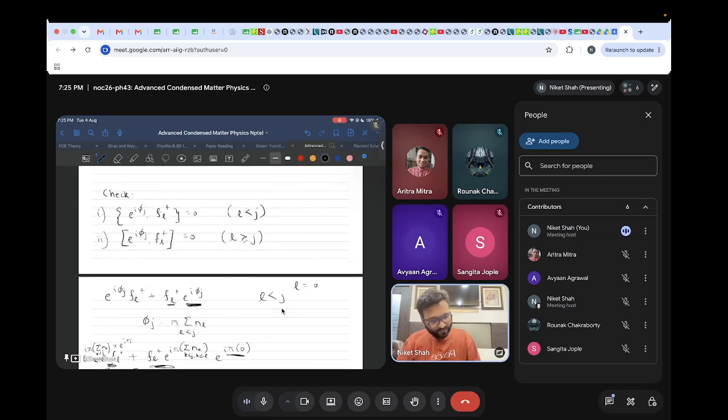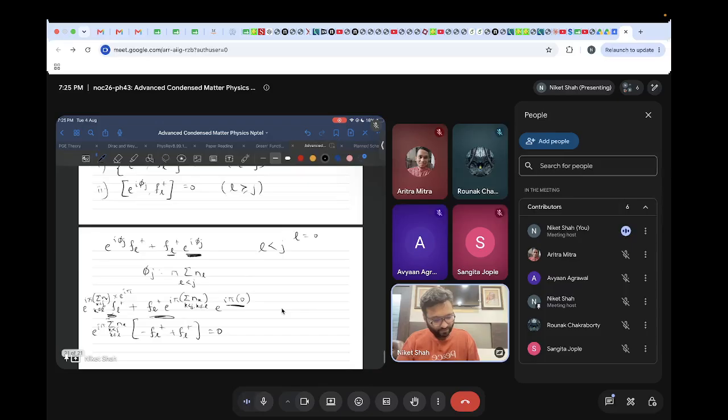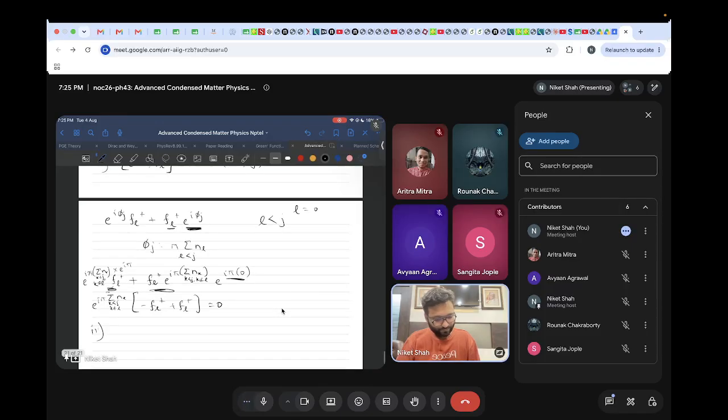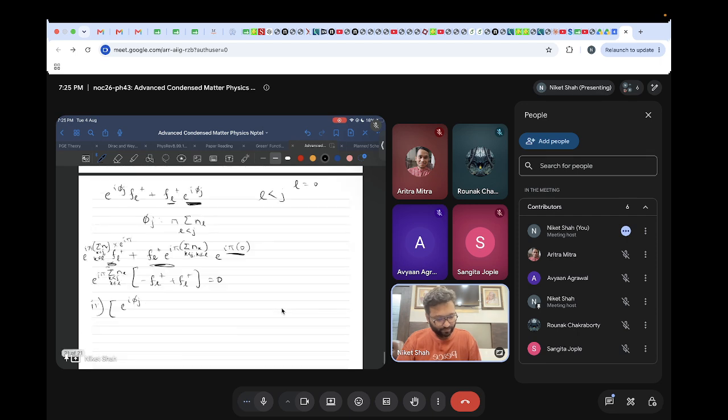Similarly, if L is greater than or equal to J, then I have to show that this commutation relation is satisfied. Second is [e^{i phi_j}, F_L dagger], that is equal to e^{i phi_j} F_L dagger minus F_L dagger e^{i phi_j}, right? So since now this is for L greater than or equal to J,